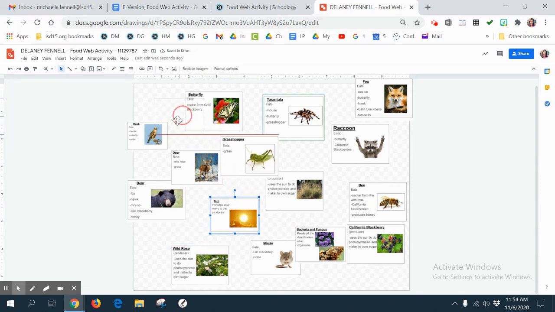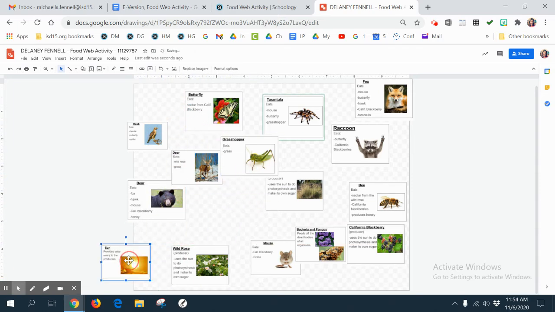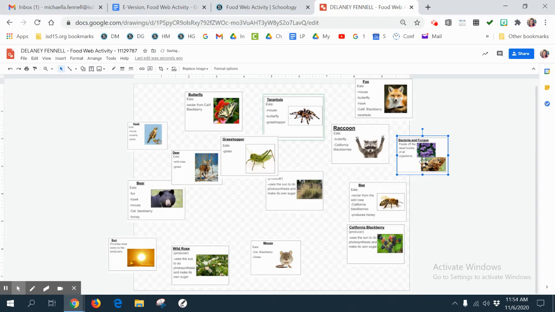The sun kind of gives the producers energy. So maybe you don't have to put any arrows in for the sun, by the way, but we're just going to have it on this food web kind of showing there. We also have, what do we have here? The bacteria and fungus. They can just kind of hang out wherever. You don't need to put arrows in for those two either,